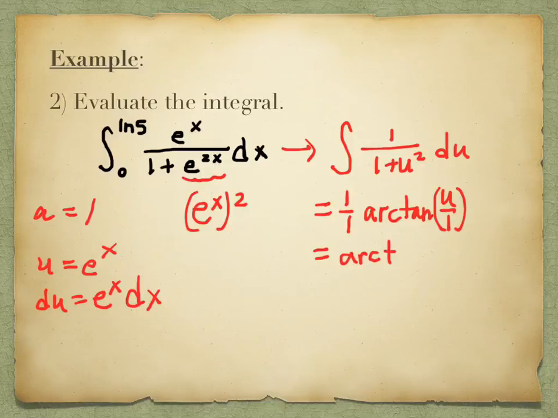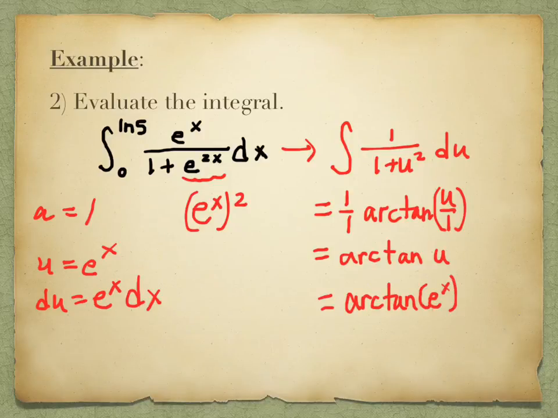Yes, Chelsea? On our homework or the test, if I wrote the limits early, would you take off points? Yes, if you write them too soon. Because wherever you write them, it should apply to whatever variable they're used with. Right now they're not used with u, so they shouldn't be written with u. But I'm about to write them, because this will now be the arctangent of e to the x,